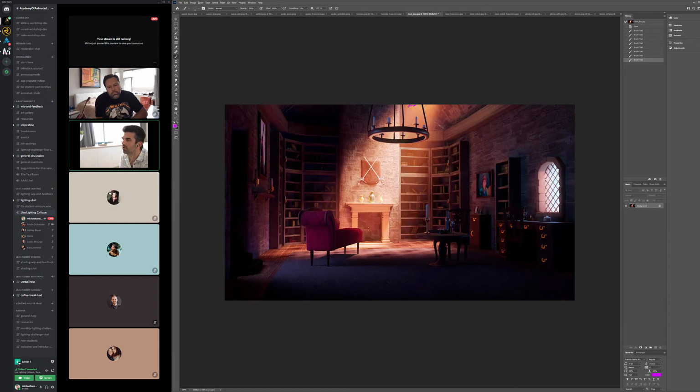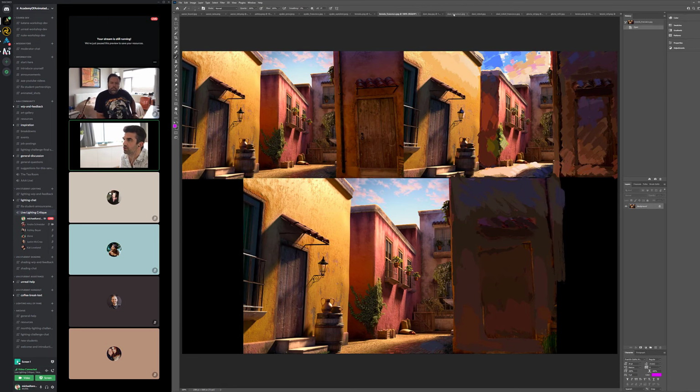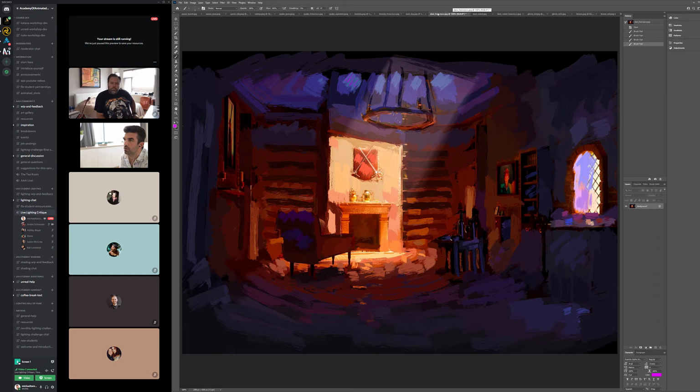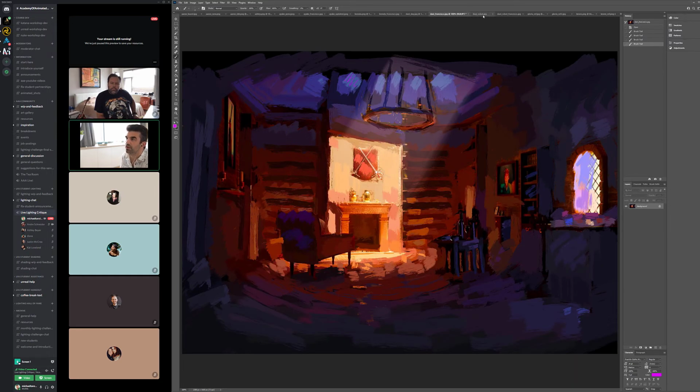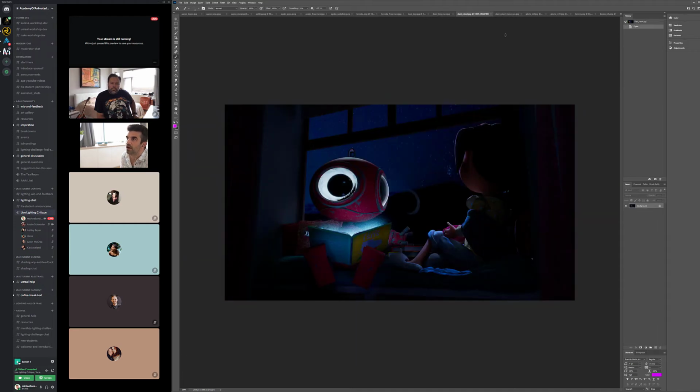And then a little bit more darkness down here, but keeping that bounce light feel inside there is really good. Yeah, and this looks really nice outside the window too. Really, really good progress. All right, and then for the robot,